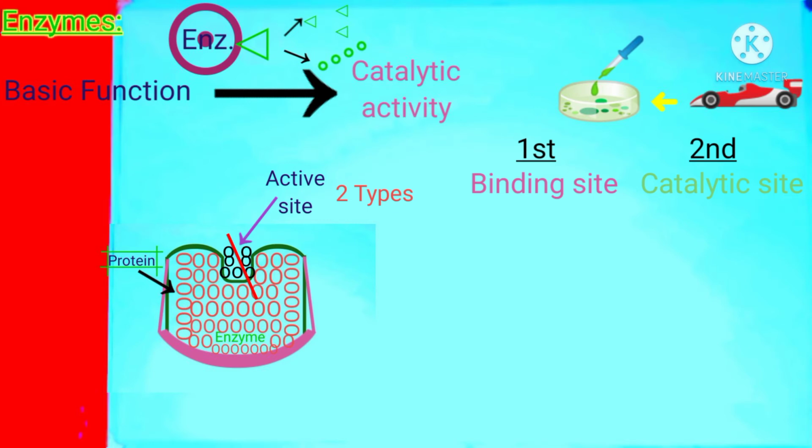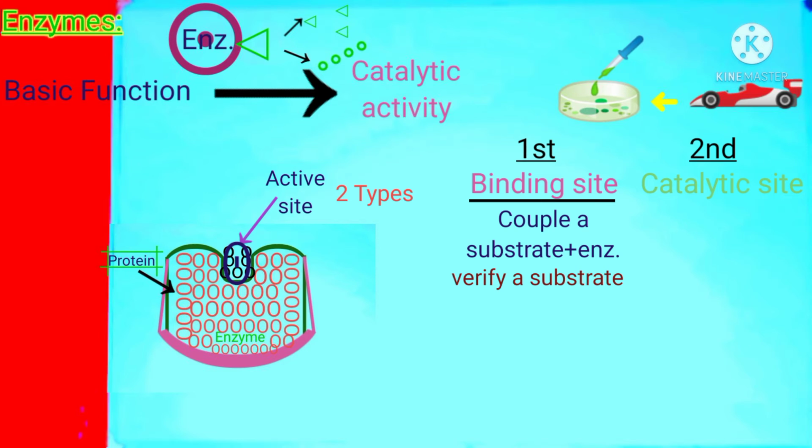So now divide this active site into two sides. Students, now we see what is the job of the binding site. As its name represents, it attaches the substrate. Not only does it bind a substrate, but it also recognizes whether this substrate is its own or not. So identifying and binding a substrate are the two functions of the binding site, which finally forms an enzyme substrate complex. This reaction also